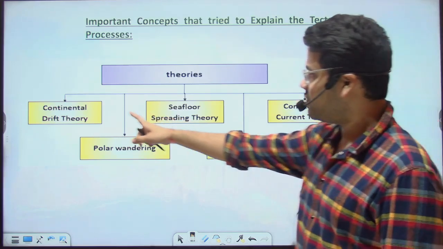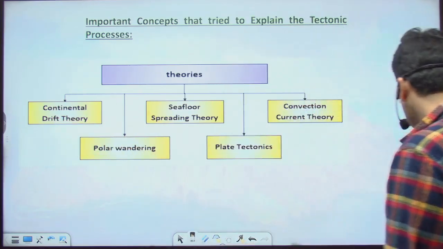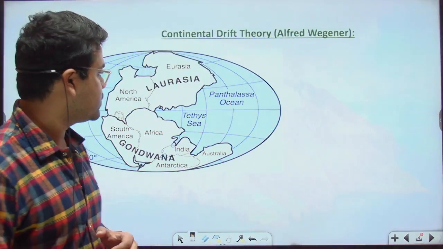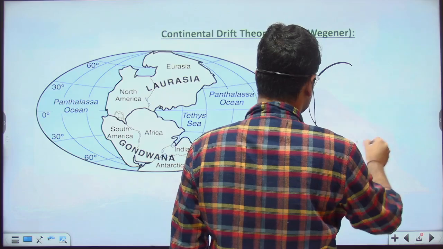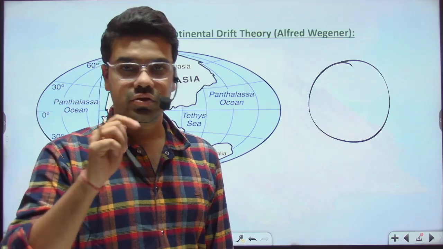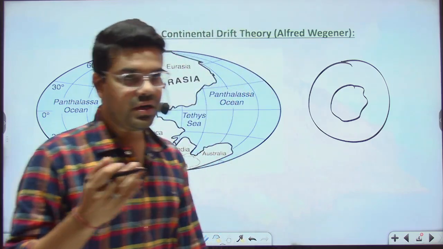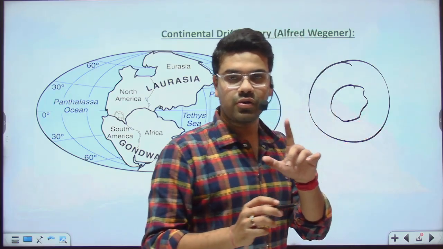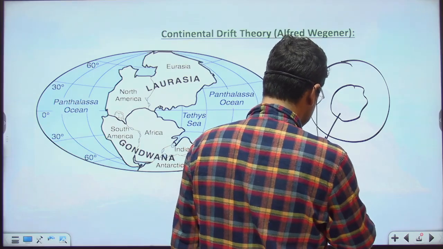The first theory that we are going to understand is continental drift theory. Who gave this theory? It was given by a German geographer, Alfred Wegener. What did he say? He said in the ancient period there was only one supercontinent. It's technically the pre-carboniferous era, millions of years ago. There was only one single supercontinent, one single landmass. Its name was Pangaea,